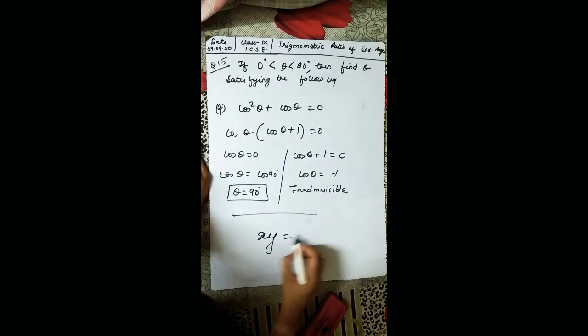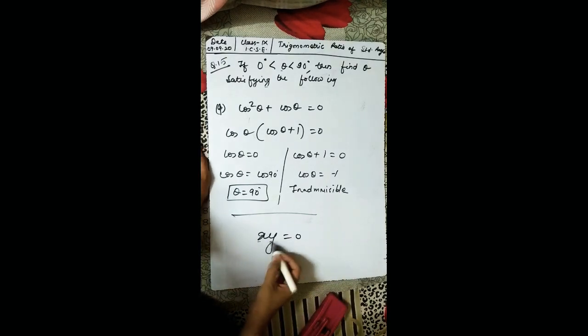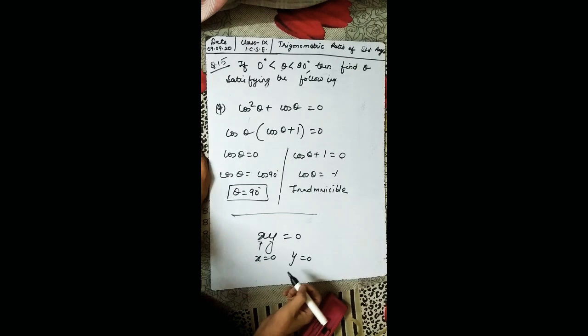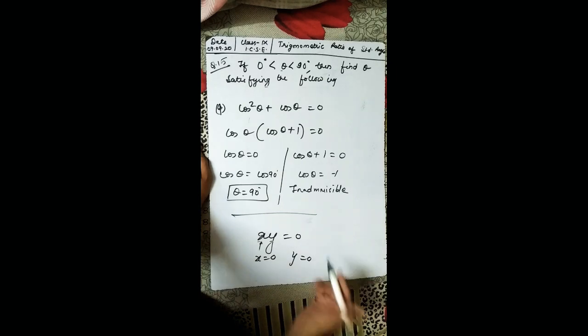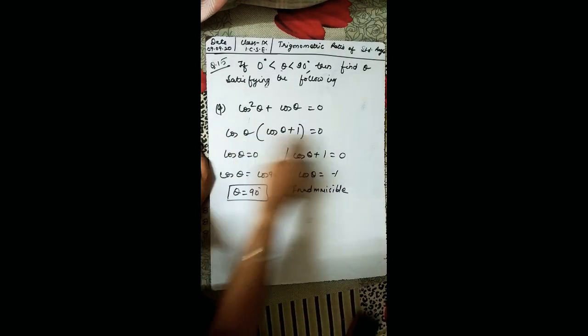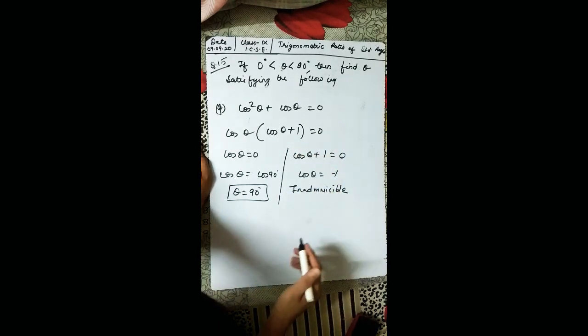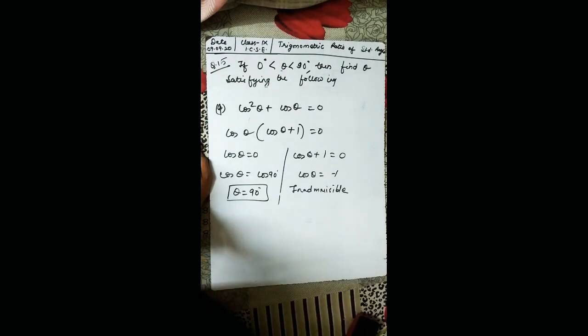Because if I write xy equal to 0, and if I ask you what will be the values of x and y, so what you will say that on multiplying two numbers we are getting 0. So possibly x will be 0 and y will be 0. You cannot tell me the two numbers on multiplying that you'll get 0. The only option is x will be equal to 0 and y has to be equal to 0, then only it will be 0. Or you can take one value as any number, then also it would be 0. But still here, as the case suggests, cos theta equal to 0 and cos theta plus 1 equal to 0 we put, so that to get the values. So from here we got 90 degree, and here the same which we have seen in the previous question.